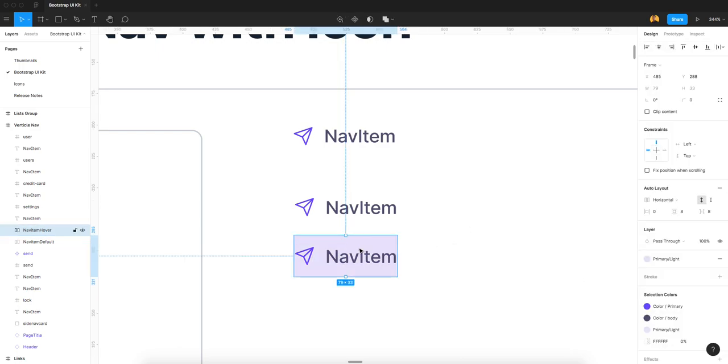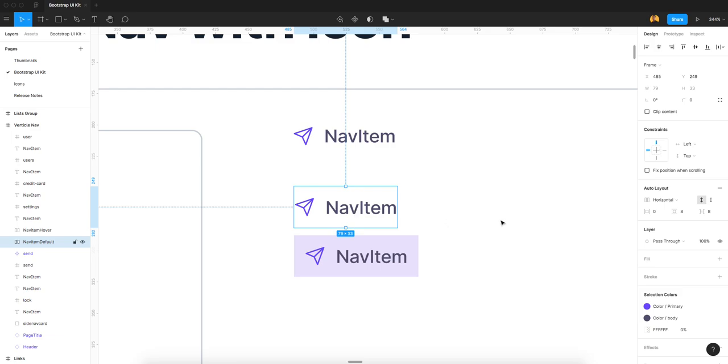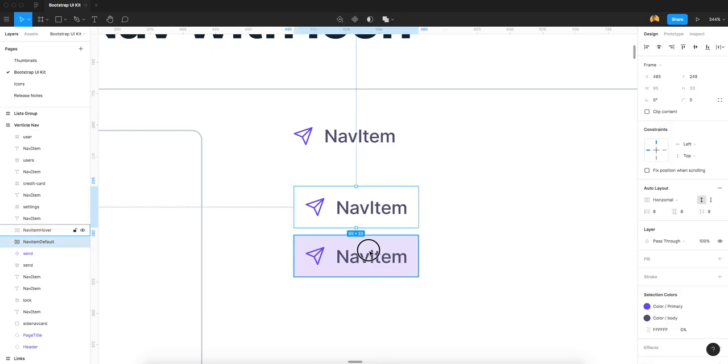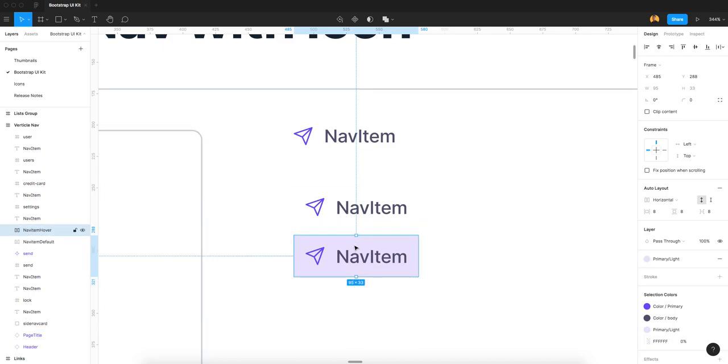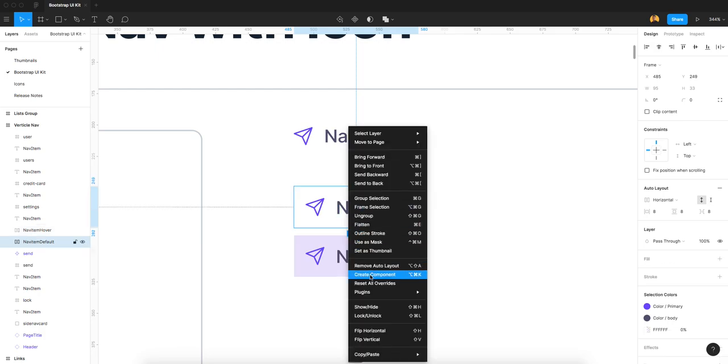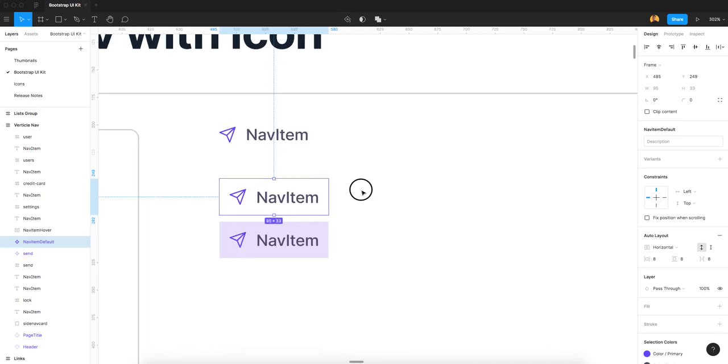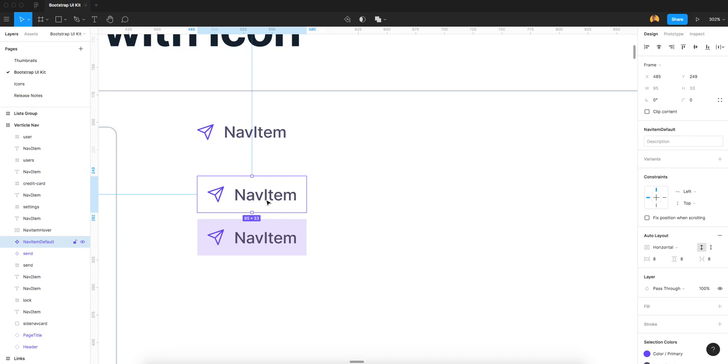See, you will see the top bottom space will work but the left right space is not showing, so I am going to add 8 pixel left right and also I am adding this 8 pixel here. See, now this will be very similar, this will be the default and this will be similar. So now I am going to convert this into our component. So I just go and create component. See, you will get the nav item default, so you can use this unlimited times in your designs.